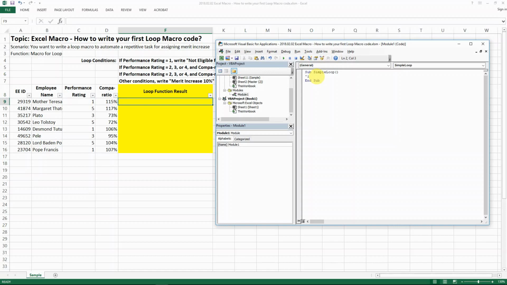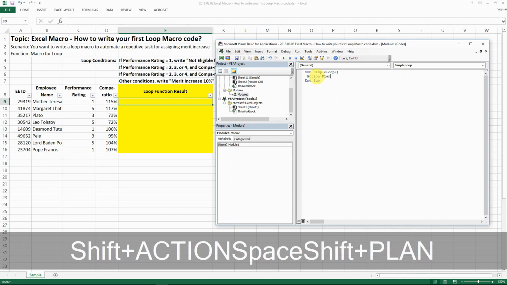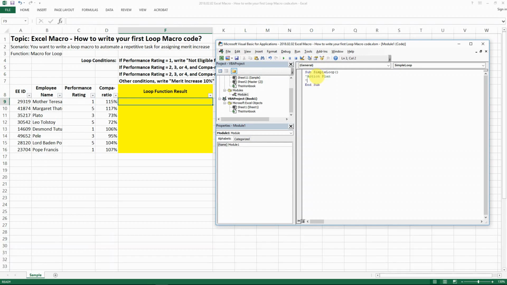So I would always write an action plan, and then you enter, and then just make sure you have the quotation mark there, and then just write your steps, like just organize your thoughts before you do anything. Organize your thoughts. So my thoughts here is first,